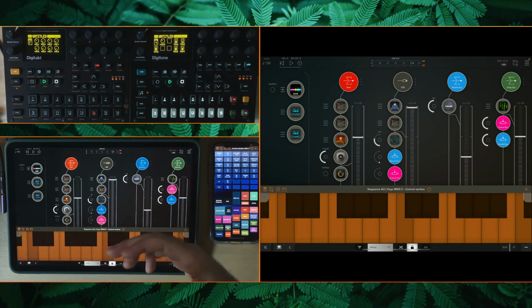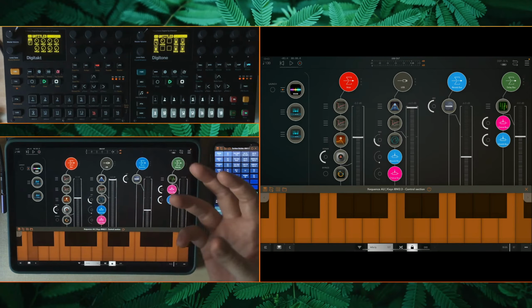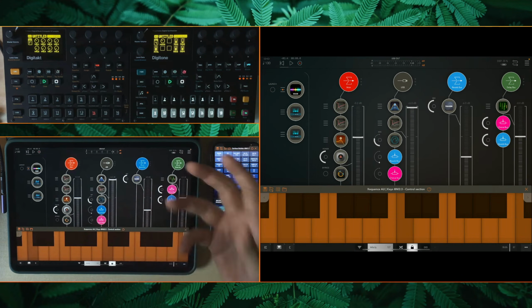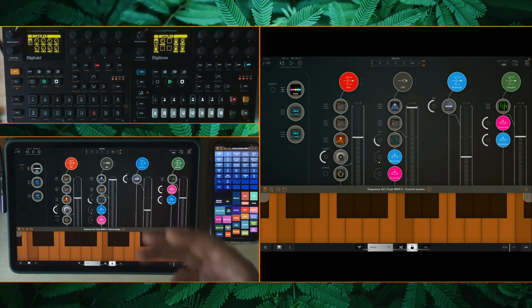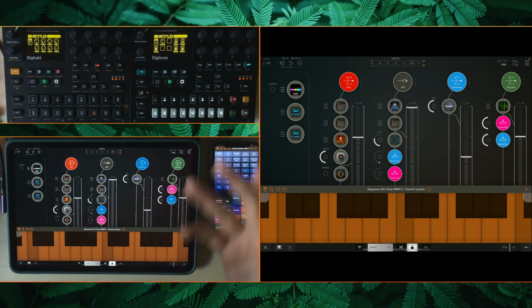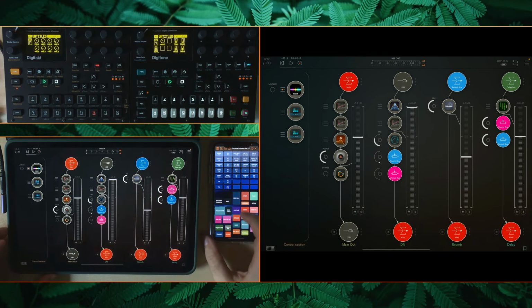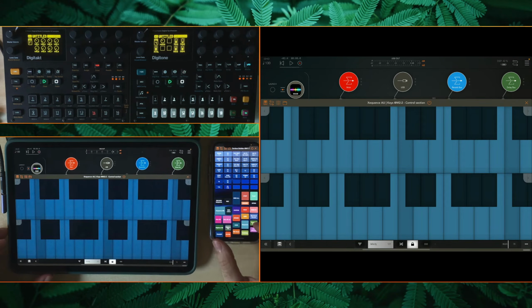In parallel to this, I also use a separate instance of AU keys to control my Digitone, specifically because it can be played polyphonically, which makes it generally more interesting to play with a keyboard compared to the Digitakt. Whatever track I select on my Digitone is going to be the track that will receive MIDI from that particular instance of AU keys. I chose to give it a different color as well. Right there. And I also made it larger, just to eliminate the possibility of confusion as to which keyboard is